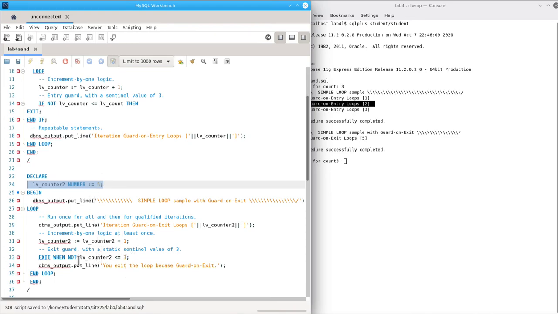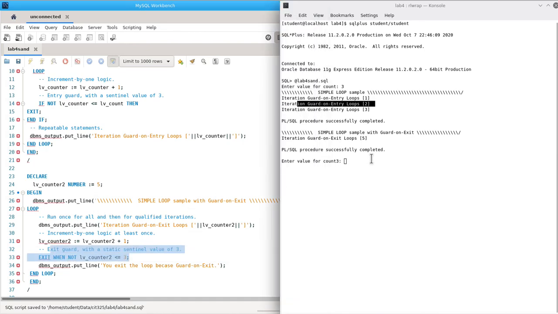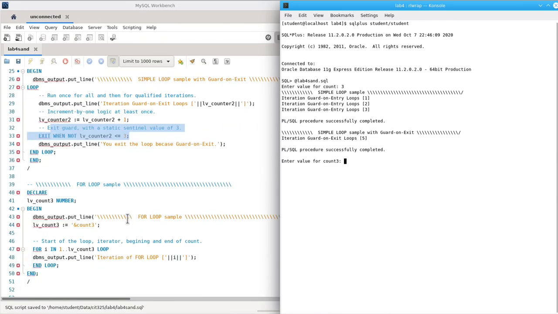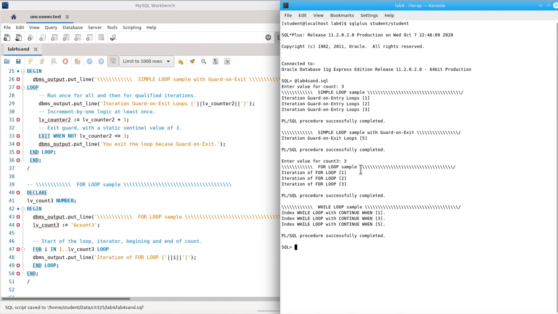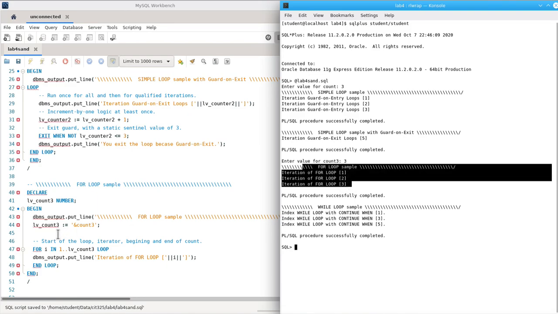My condition is not less than 3, it's more, so it exits right away. Then for the next one, I'll put another 3, so my value for count 3 iterates 3 times,